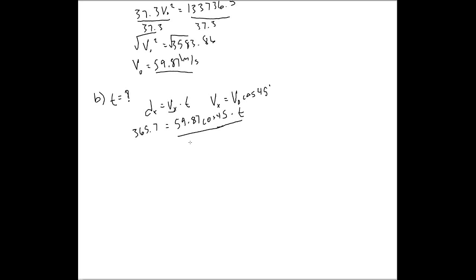Well now, oh beautiful, I'm just going to divide both sides by 59.87 cosine of 45. Now that gets a little tricky to do in your calculator. So what I would do is I would plug that into my calculator first, 59.87 cosine of 45. So let's do that real quick. That gives me 42.33 t. So now I'm just going to divide 42.33 on both sides, and I get a time of 8.64